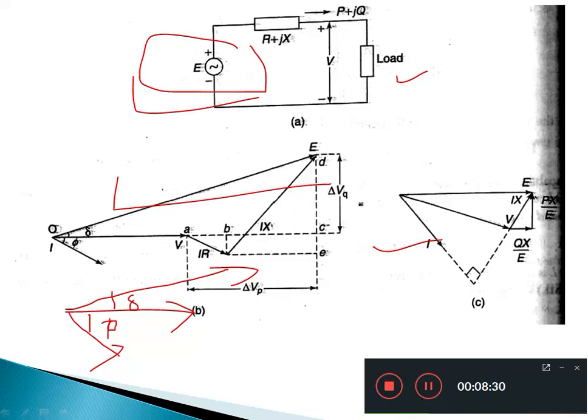Here we have to consider the two vector elements. One is the change in reactive voltage, delta VQ, and the other is the change in real power voltage, delta VP. That delta VP consists of the voltage drop, that is the resistance drop I into R, and delta VQ consists of the total reactance drop I into X between the points C to D. So based on this vector diagram and this diagram, you have to derive the general expression for absorption and production of reactive power with respect to the voltage parameter. So how do we derive that expression with the help of this block diagram?